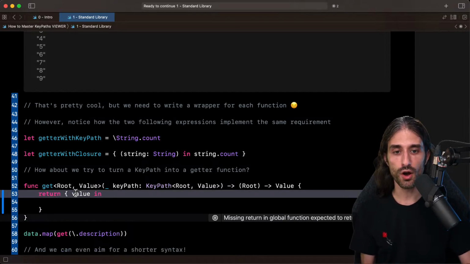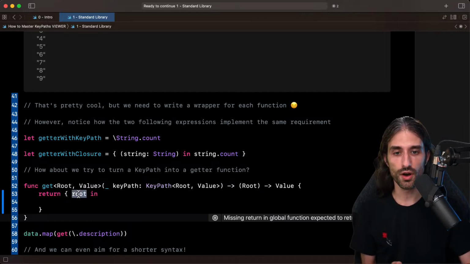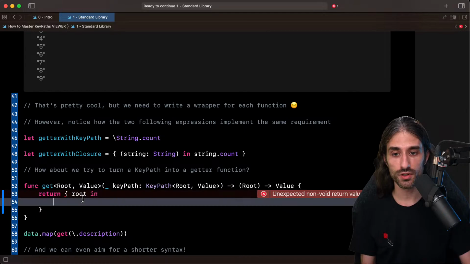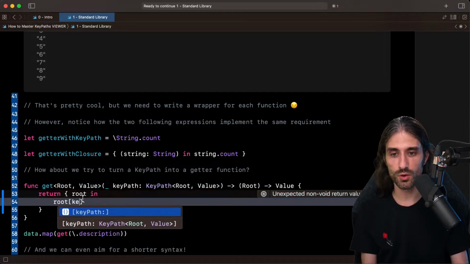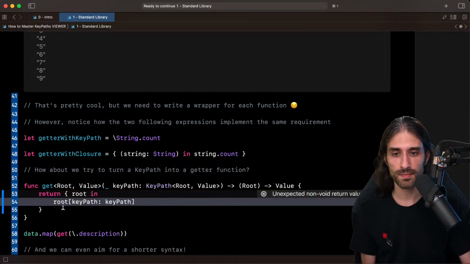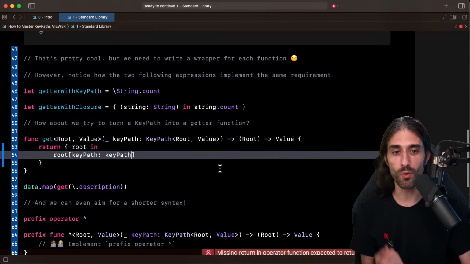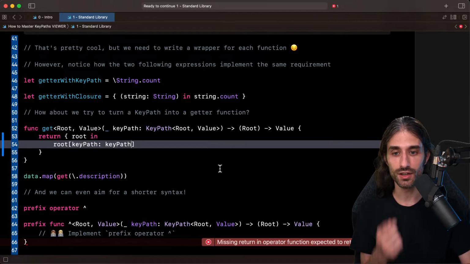From that value, from that root, how can we get something of type Value? The only way is to call the key path on the root. So let's do it. Let's call the key path on it. And unless I'm mistaken, we've implemented the function. So you can see it was rather straightforward. We just followed what the signature expected us to do.